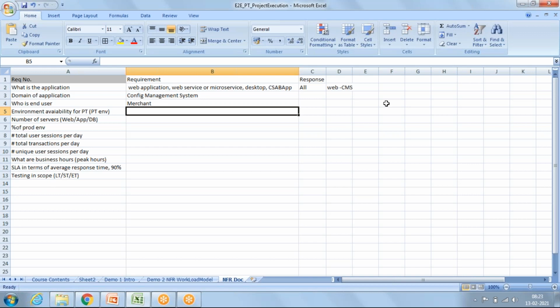Now this application is for merchants, and it is a configuration management system. Then how can we test your application? Are you going to give us a separate PT environment? Because we do not do performance testing on the production environment.